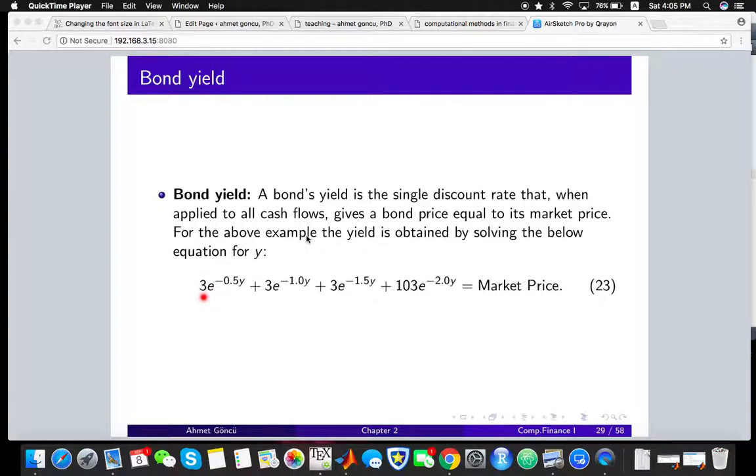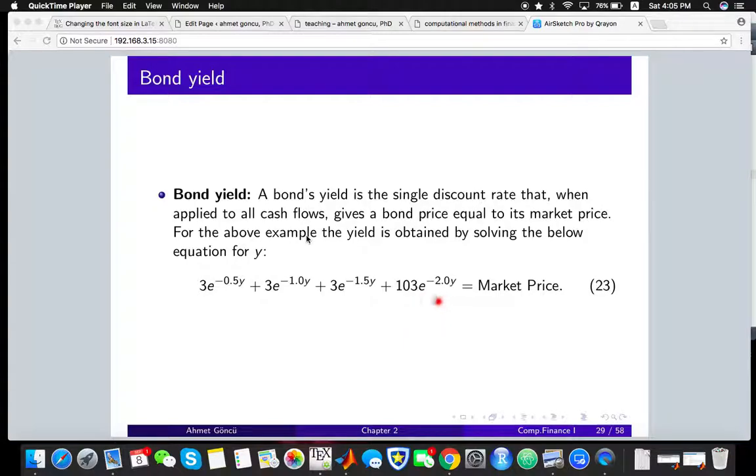which has coupon payments every 6 months of $3. And you can see that we are discounting these coupon payments. So this is the first coupon payment. And the important thing is all of these cash payments, all this cash flow, is discounted with the same rate Y. And at the end of these 2 years, which is our bond's maturity in this example, we have the face value plus the coupon payment, and we discount this 2 years back to